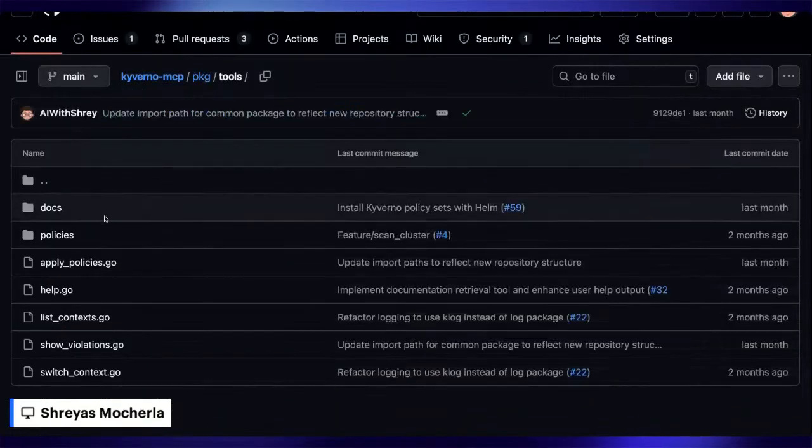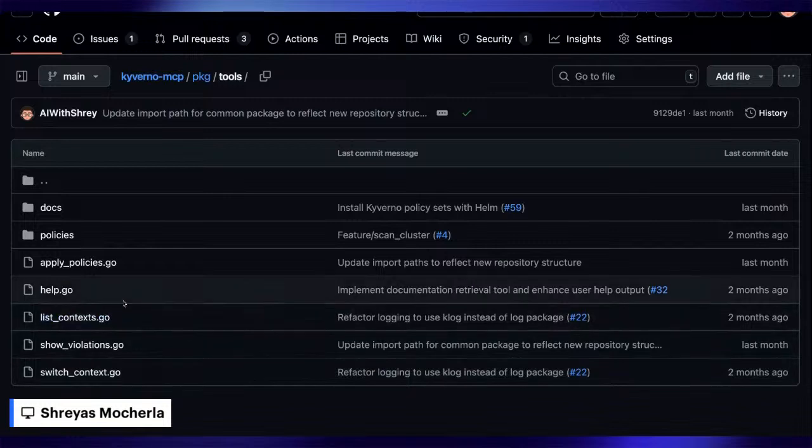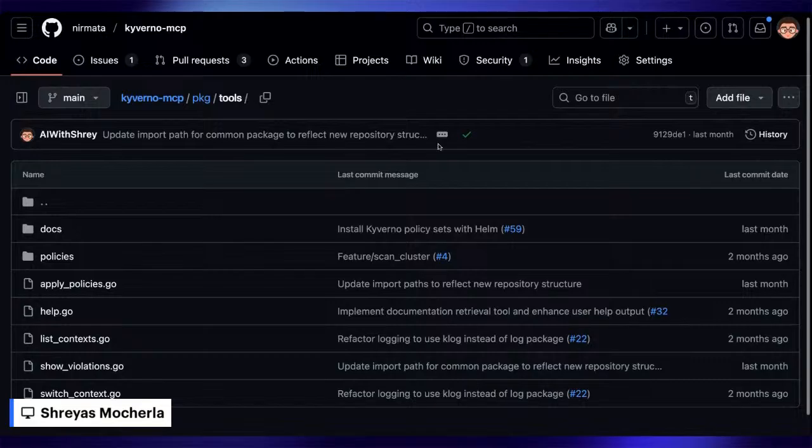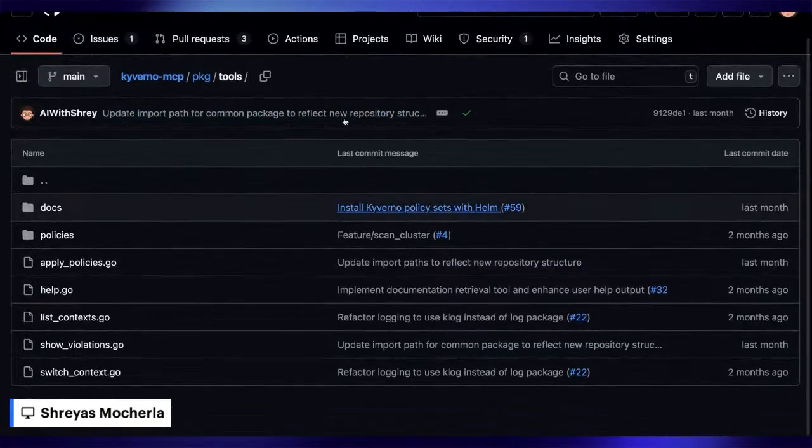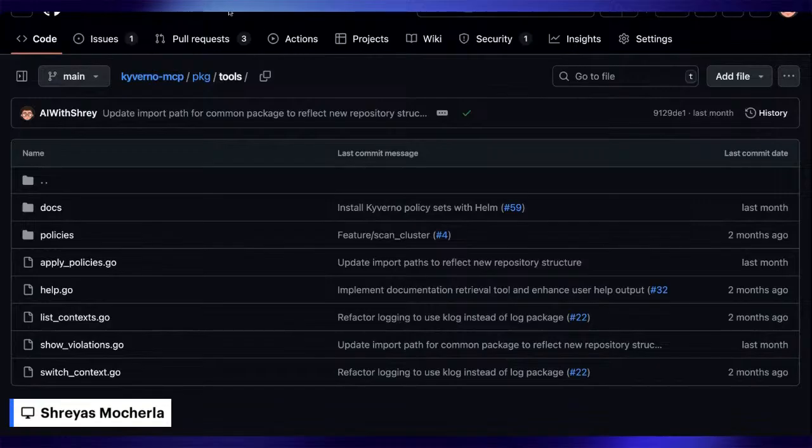And I would love to go into the other tools, but I don't think they're as important. And this is completely open source. So if you want to dive into this, if you want to look into the code and try things out yourself, please feel free. And we're also actively looking for contributions, right? So at the end of this presentation, you will see resources to access this as well. So, yep, that's about the GitHub repo. That's about the code. Let me go back to our slide deck.